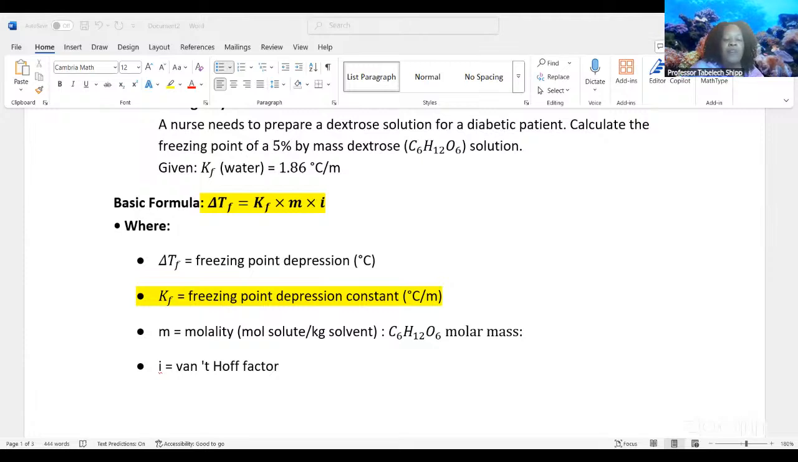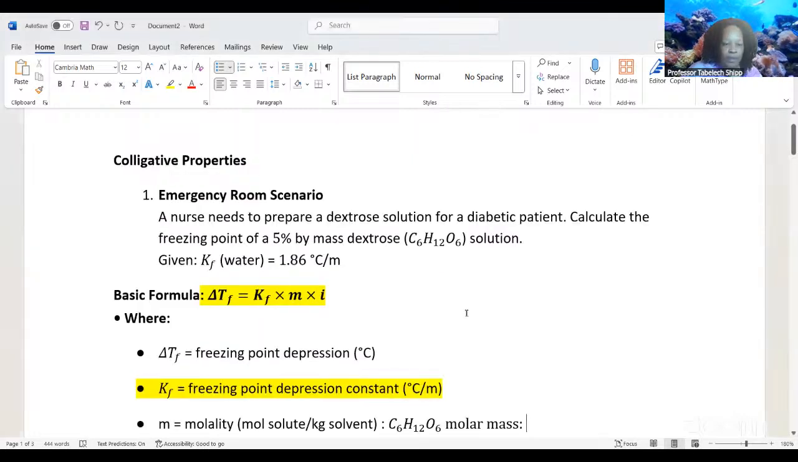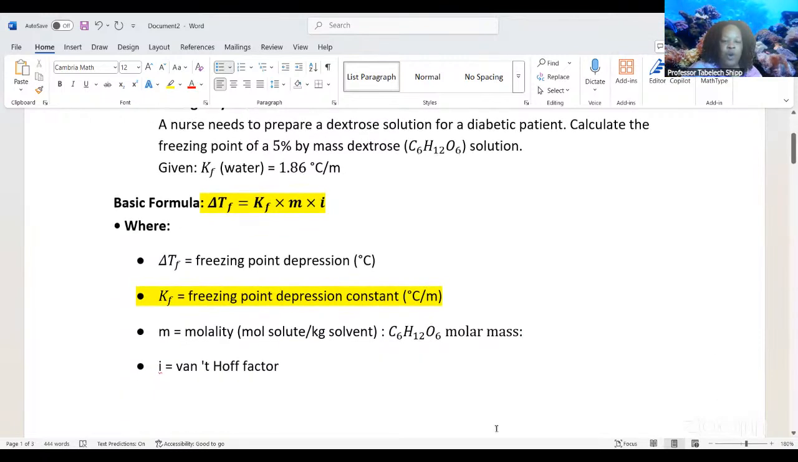Now, when they say 5%, what do you think you have to do in order to understand this whole process? Well, 5% has to be converted into grams. Let's go back through the problem again so you can see what I'm saying. You're going to calculate the freezing point of a 5% by mass dextrose solution. So the molar mass for this is 180